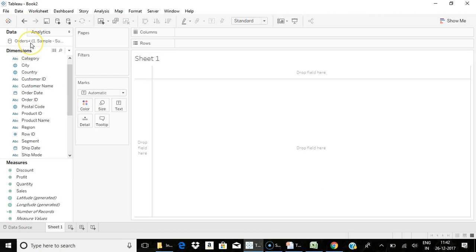As soon as you connect to any data source, Tableau will split the dimensions and measures. Tableau has some internal keywords in order to split your dimensions and your measures. All the categorical values, identity columns, date values are classified as dimensions, and the numerical figures, the corresponding fact values, are considered as measures.